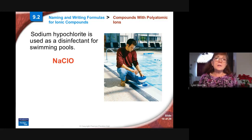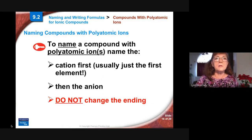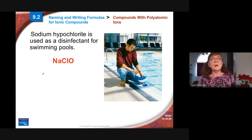So this is a compound that I hope you can name. Why is this not connecting? Oop, well, it says it's there. I'm not getting, so let me go down here. There it is. Pen blue. Okay, so